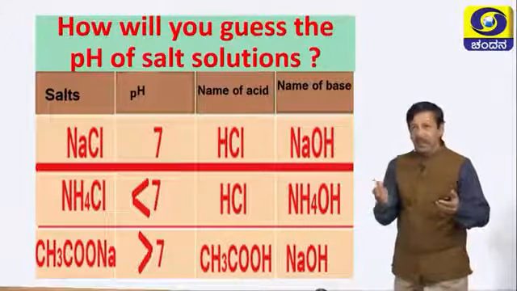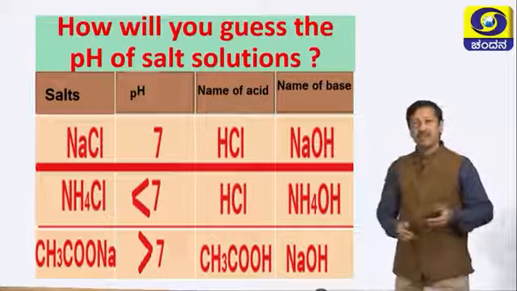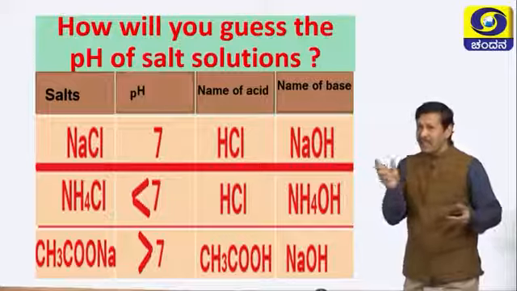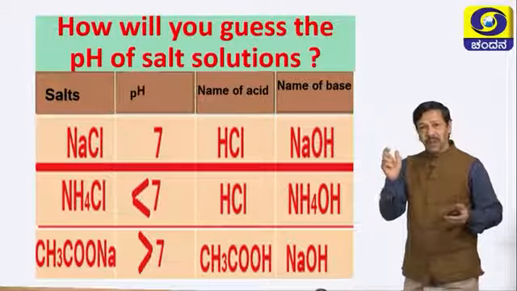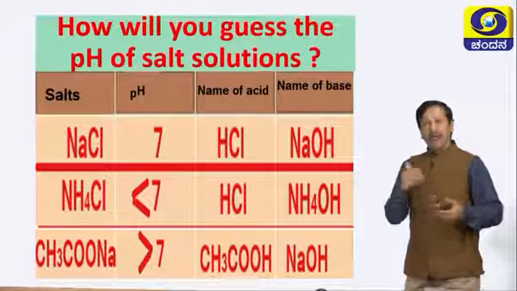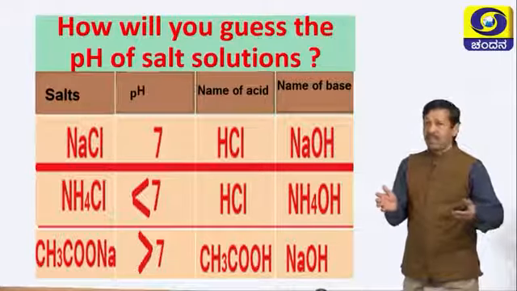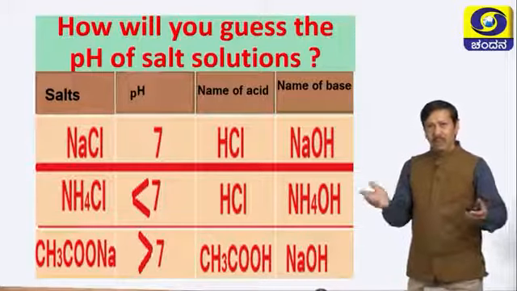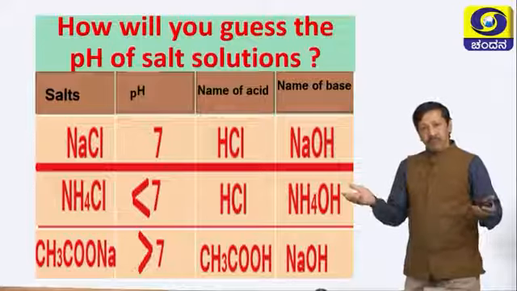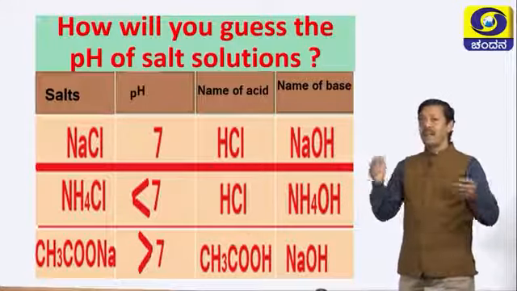Is it possible? Before that, you should identify who are the parents of these salts. Parent salts, what are these? Salts are the compounds produced during the reaction between an acid and a base. So, they are the parents. Now, NaCl when added to water ionizes and becomes Na+ and Cl-. Similarly, water also gives H+ and OH-. Now, mutual exchange of radicals takes place, then forms HCl and NaOH.